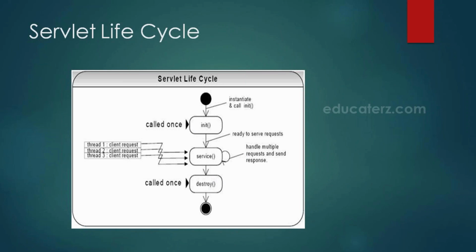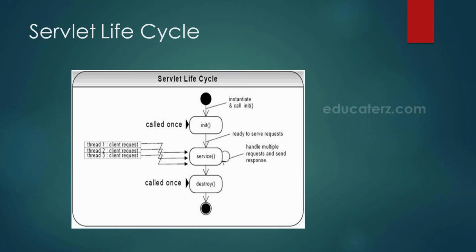This method is also called implicitly by the servlet engine only once. Each time a client request comes, the servlet engine calls the service method. That is, the service method is called n times implicitly by the servlet engine on the servlet instance. So therefore we can say that a servlet spends most of its life serving the client's requests, and hence